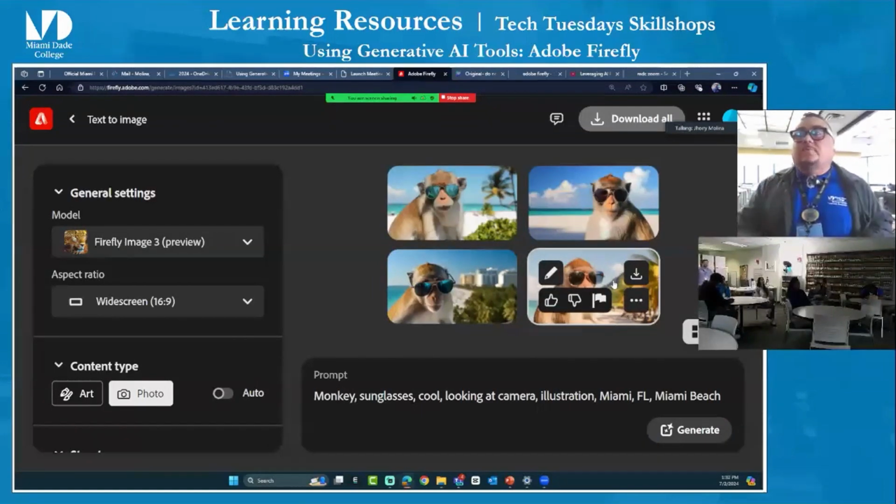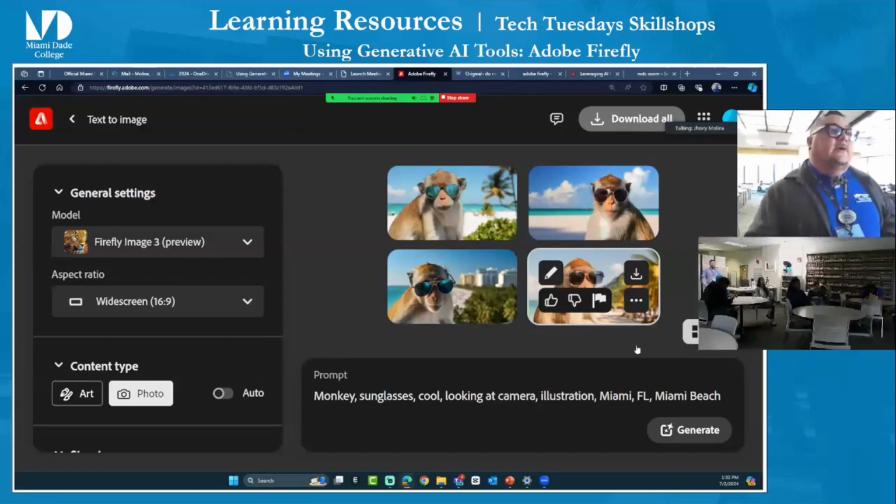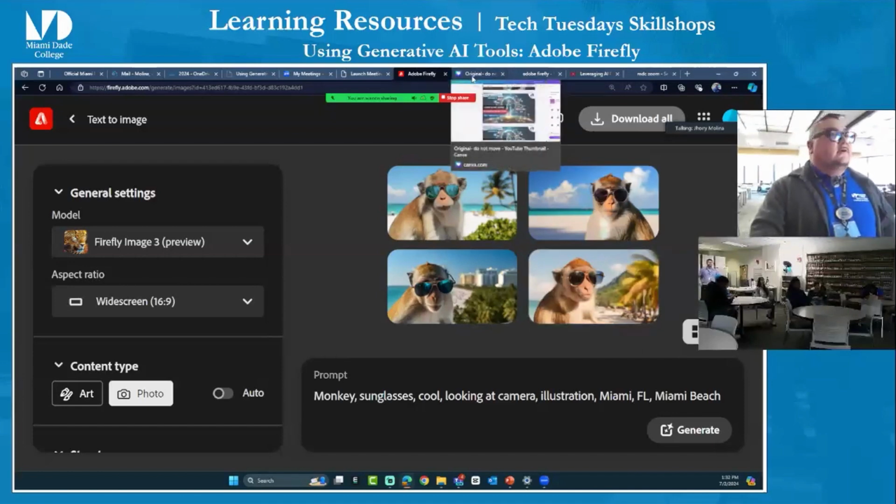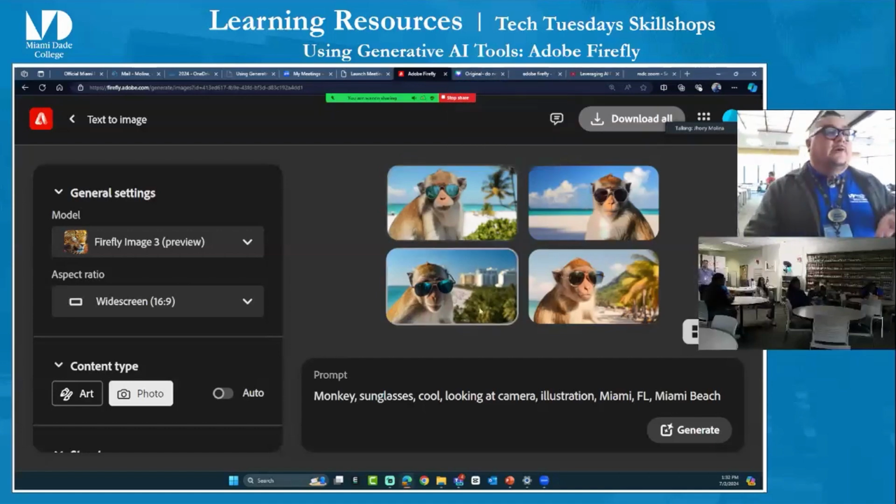You don't just have to go into PowerPoint and type away, but you can use generative AI tools like Adobe Firefly to enhance your content, even if you're just creating content to post online. I'm going to showcase right now how I create the thumbnails for our YouTube channel or playlist. I actually use Adobe Firefly to create the thumbnails for our intros. And I usually go ahead and write a prompt similar to this. Let me see if I can see it on my,